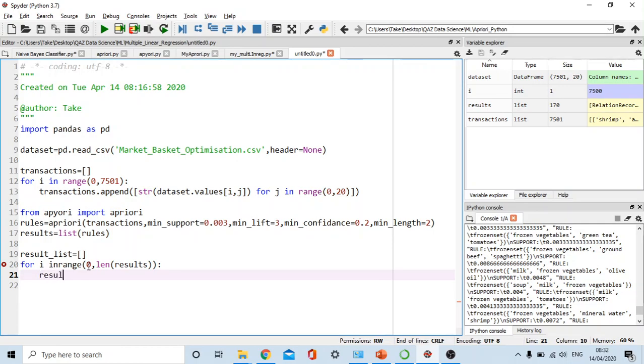Result list dot append. I should specify the rules and their support accordingly. Yeah, suppose my append rules